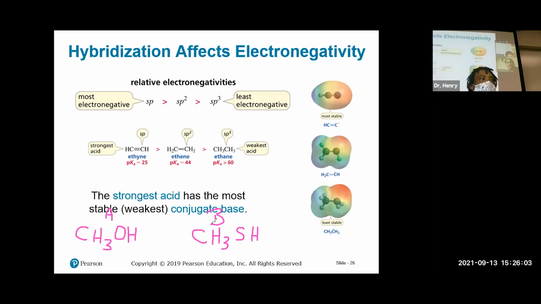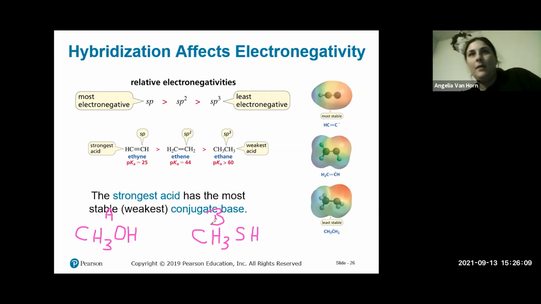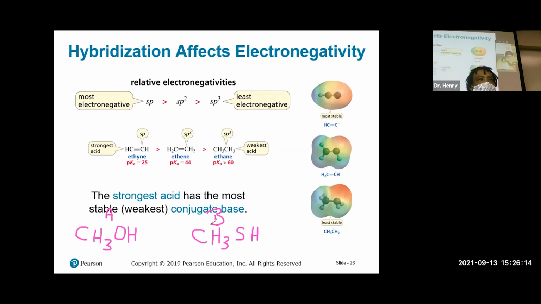How many people say A? Raise your hand. How many people say B? Raise your hand. And you got to vote. B. Which one is the strongest acid? A or B? B? Okay. Correct answer is B, right? Because as we go down the periodic table, it gets bigger. The bigger it gets, the more acidic it gets, right? Okay. What about,